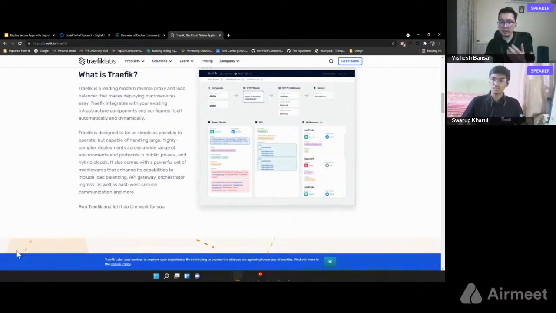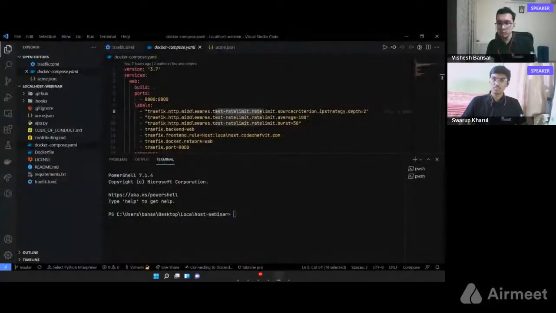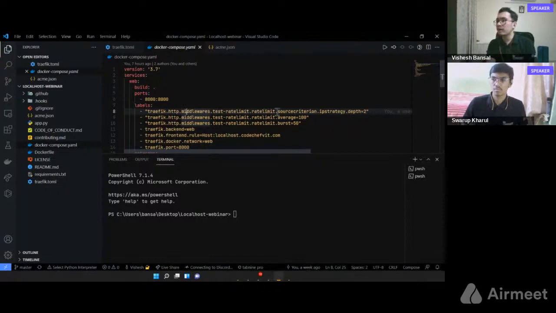And if you have to define some custom parameters, you can very easily define them using the labels in the Docker Compose file. So we've set up rate limiting which says that on average we'll handle about 100 requests per minute, and then we'll have a burst of 50.